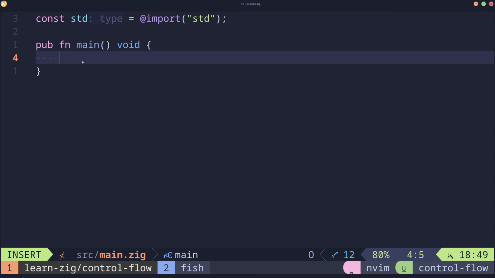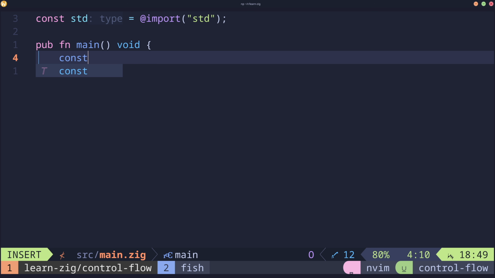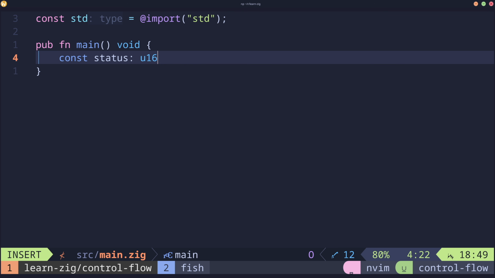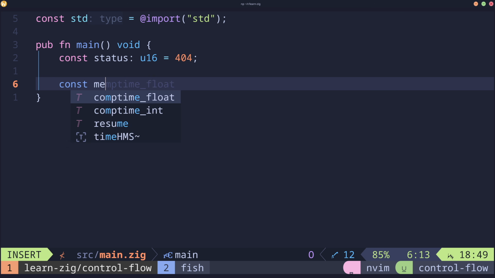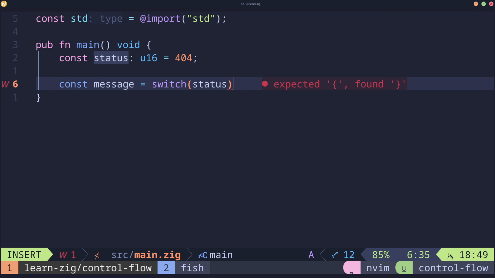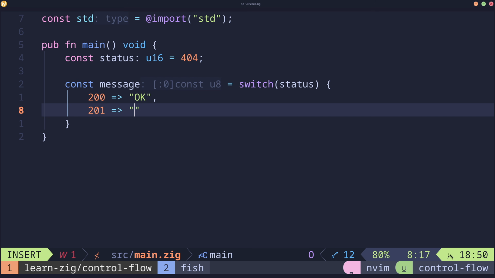Okay, now let's go to the next example. Let's say you're writing a web server and you want to parse the status of the HTTP request. So say we returned a 404. Now we can get a message from that. So we can do switch on that status, and then we can say 200 is okay, 201